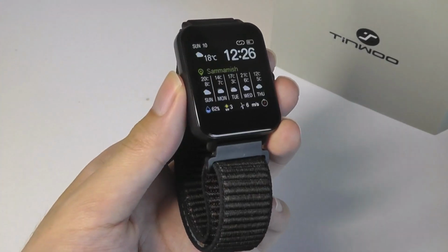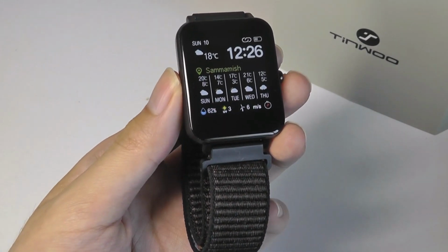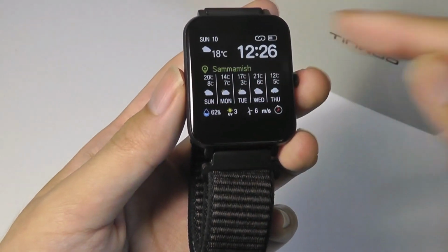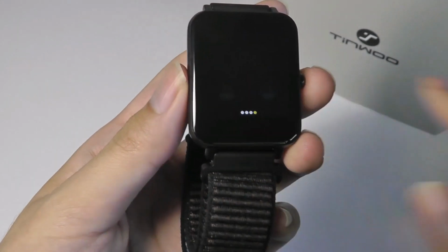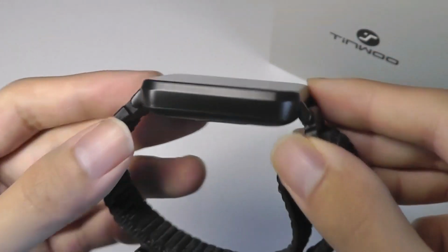Taking a closer look at the watch here, first of all, initial impressions is the construction quality is quite good. The dimensions though are pretty typical for a smartwatch. It has a 1.3-inch TFT LCD display, which is fully touch sensitive, allows you to interact with it, and it's quite easy to use. We'll talk about the software later, but for now,